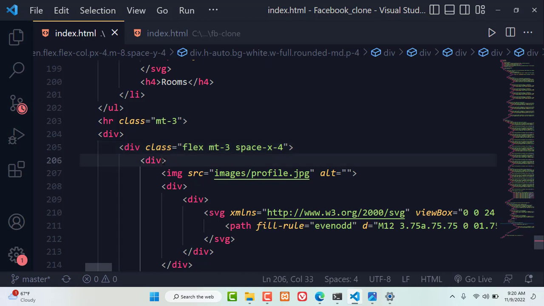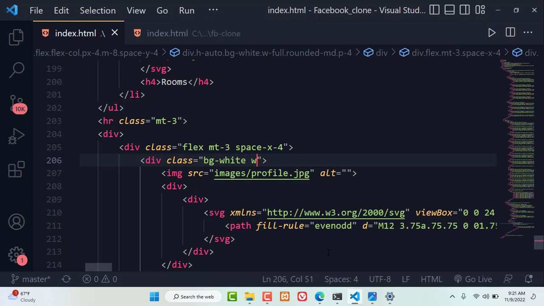So now for the second div here, sorry, I have a typo here. Now what we want is to style this div that is housing the image. The first thing I'm going to do is give it a background of white. I want to determine the height and the width. For the width, I'm going to give it 32, and for the height I'm going to give it 48. I also want it to be rounded medium, so I'll say rounded MD,